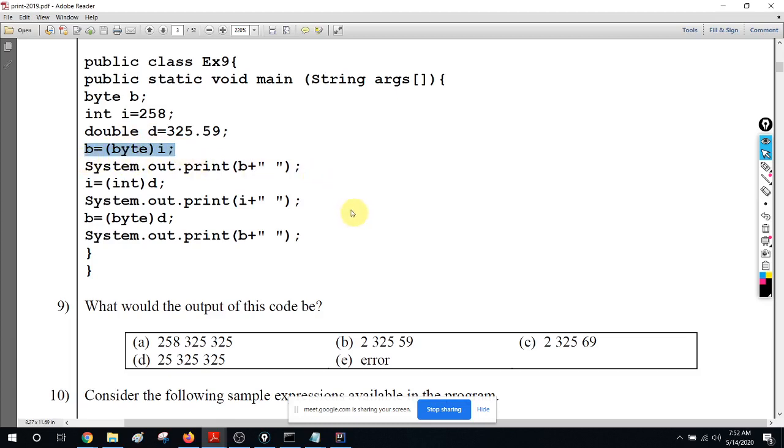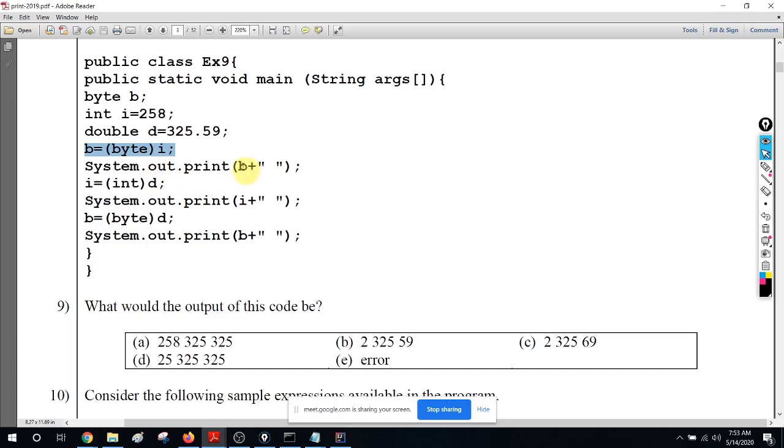This will take a lot of time. Some questions will take time, some will not take a lot of time. So the time you save from the other questions, you can use for questions like this, right? Up to now, no issue. Then System.out.println(b + " "), printing b and some space. The space is to get the spaces in the output. It looks okay right now, no compile errors. Whether the answer is an error or not, the first thing is to scan through and see whether there are any compile errors.